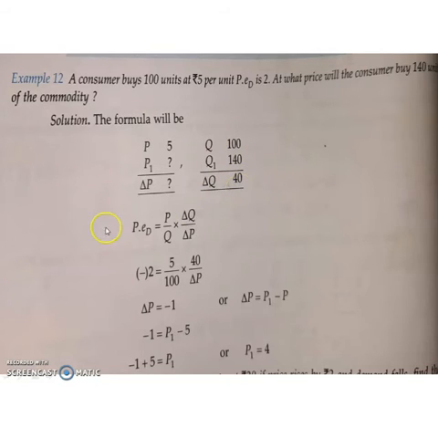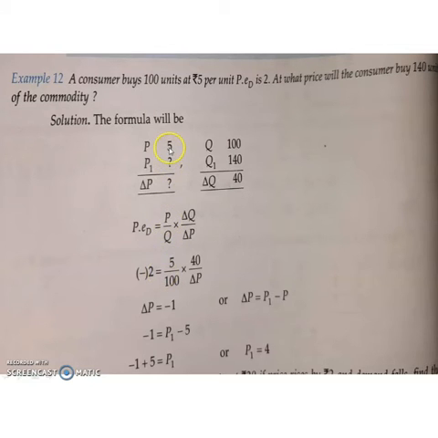Okay. So what is the equation? Here we have to use this equation, that is P by Q into delta Q by delta P. Here price elasticity is already given, that is -2. That I have told. That means the elasticity of demand is always in negative sign. So here price elasticity is 2. So we have to write -2 is equal to, what is P?